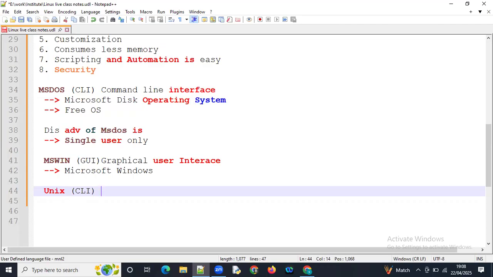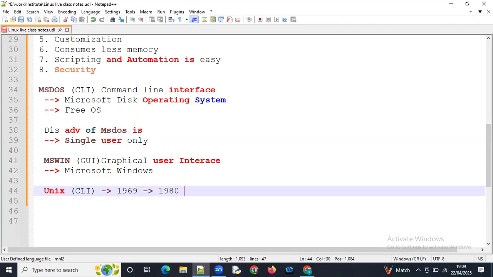Okay, and it was introduced in 1969, and it is available to the public from 1980. And who developed this OS?